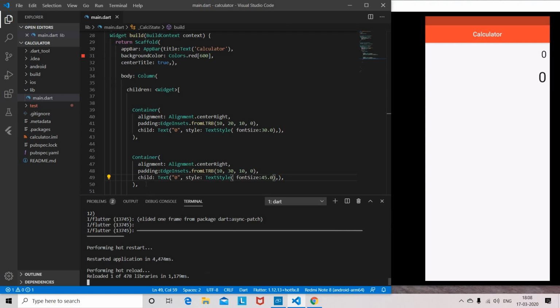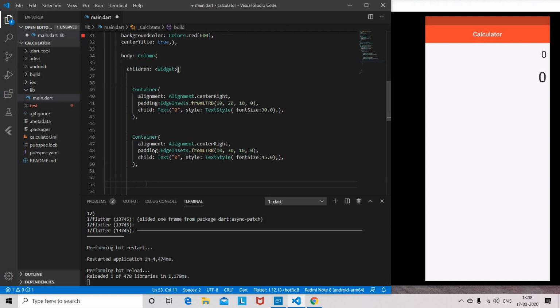Now we should make a palette where all the buttons are displayed. So I'm going to divide our app into two parts. One is the display screen and the other one is the palette screen, and in the palette screen we will be having all our buttons. So I'll use this expanded